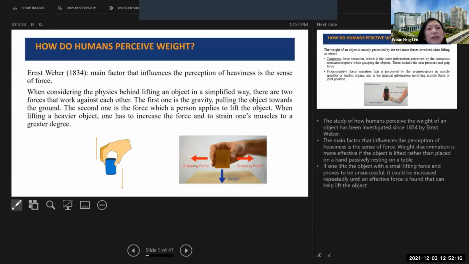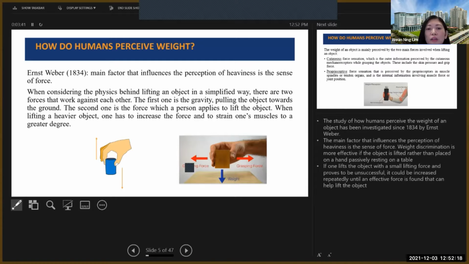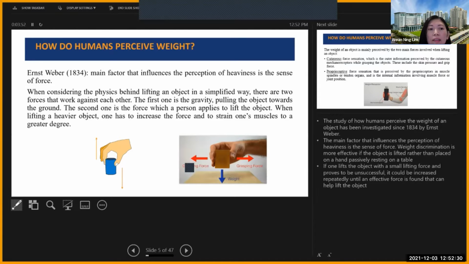Before we look at the technologies researched in this area, we want to understand how humans perceive weight. Back in 1834, Weber already studied how humans perceive weight. The main factor that influences the perception of heaviness is the sense of force.